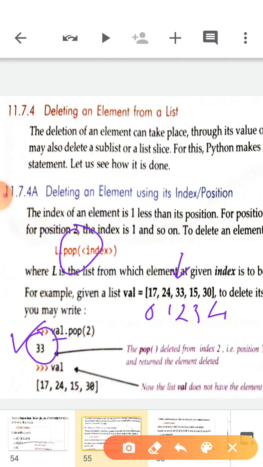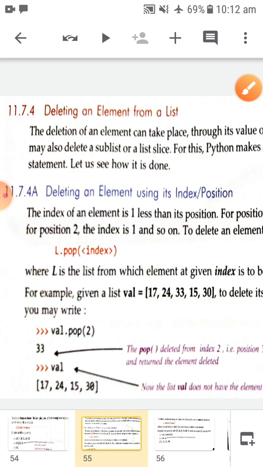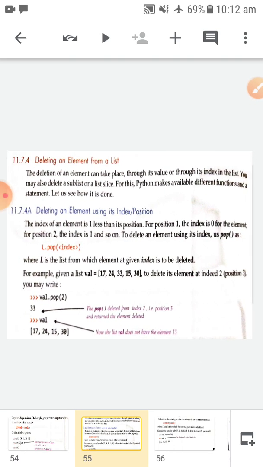So now your list will be 17, 24, 15 and 30. See, 33 is not there. Okay, so this is called deleting an element from a list. Now